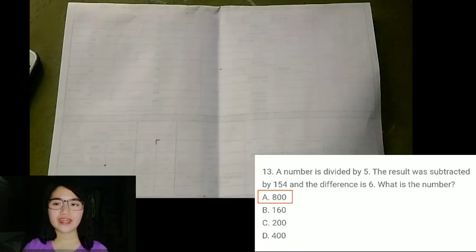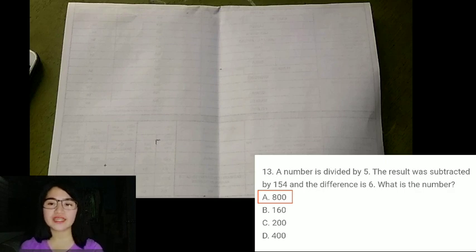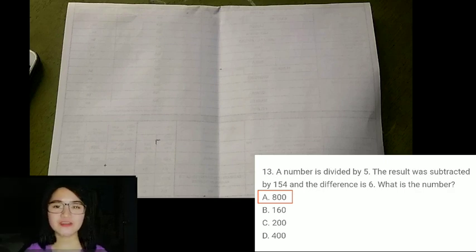A number is divided by 5. The result was subtracted by 154 and the difference is 6. What is the number? Since meron tayong nawawalang value doon sa problem, ang i-apply natin is yung learnings natin sa